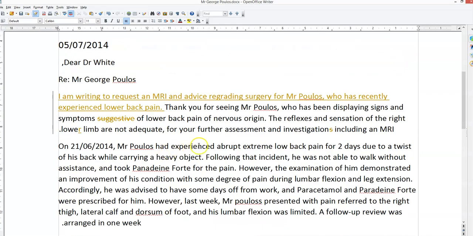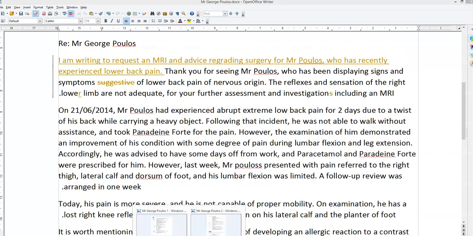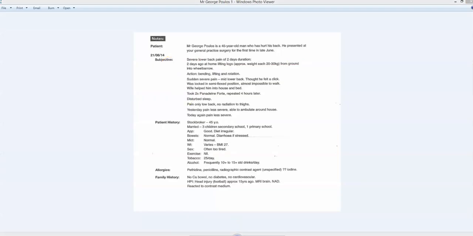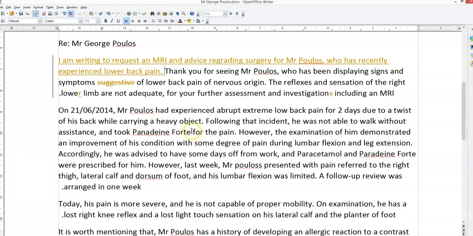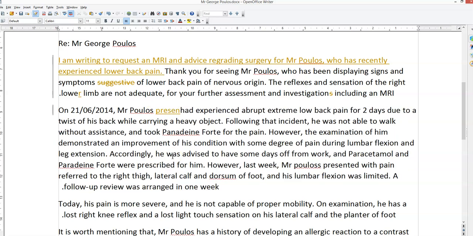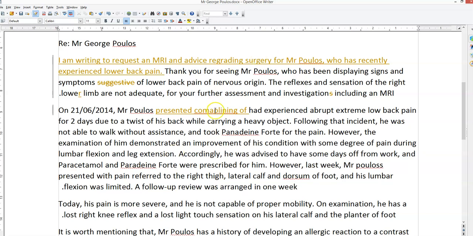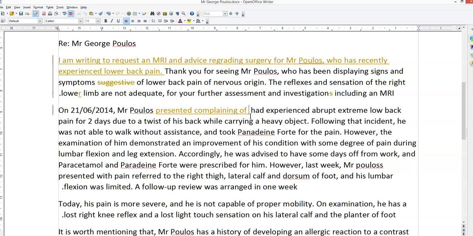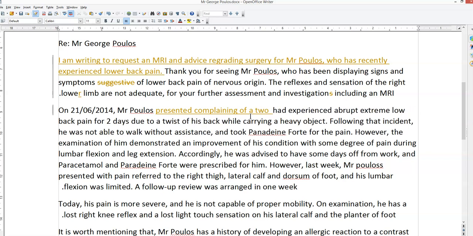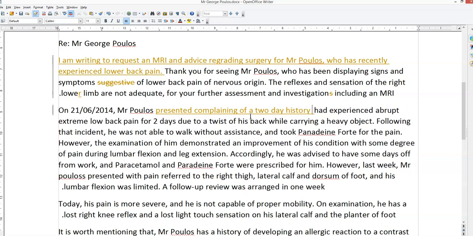So, on the 21st, is that the first occasion? Let me just check. Okay. So, on the 21st, Mr. Pollis had experienced. Why is it past perfect? So, he presented. So, on the 21st, Mr. Pollis presented complaining of a 2-day history of